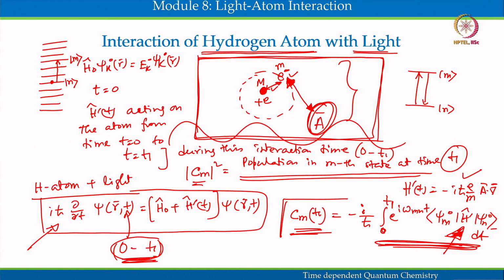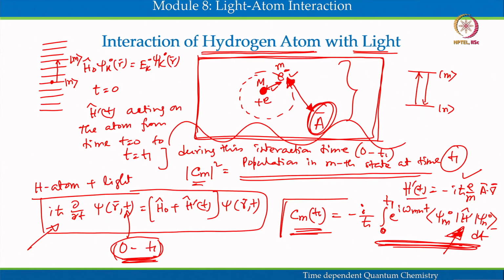In this module so far we have discussed light atom interaction, and we have shown that if we use first order perturbation theory, time dependent first order perturbation theory, where we are assuming that the population was in the n state and it's undergoing a transition from the n state to the mth state, what would be the population at the final state, the m state, after the perturbation is turned off. And we have already shown that this